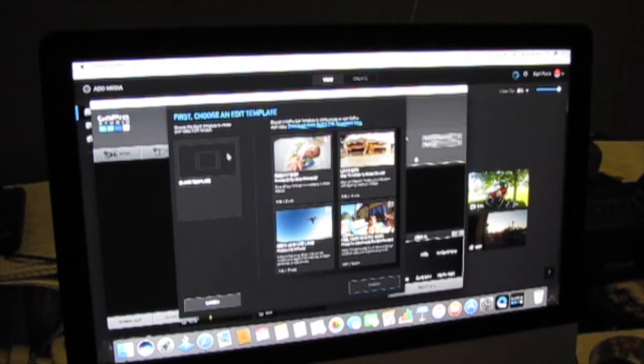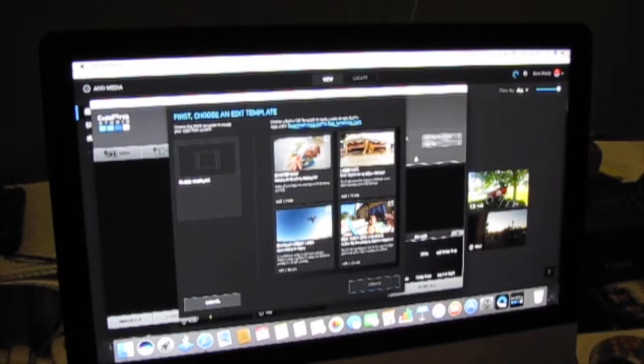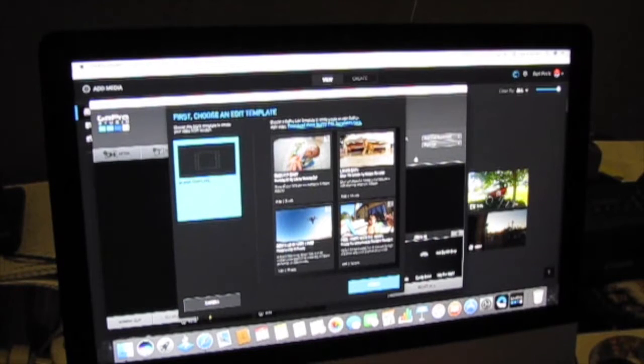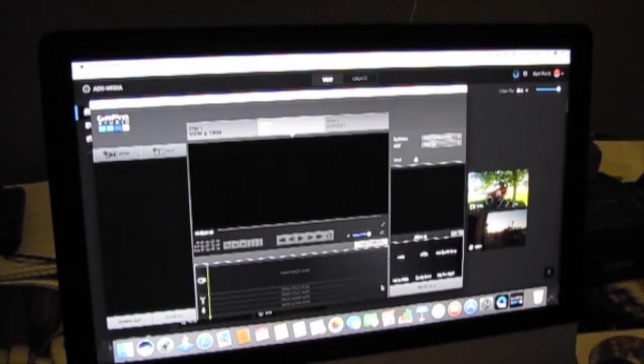Essentially I'm done at this point, but here are the templates that I was talking about. You can have Dubstep Baby or Octolo Desert Lines or Pool Party, whatever, but just go to blank template,